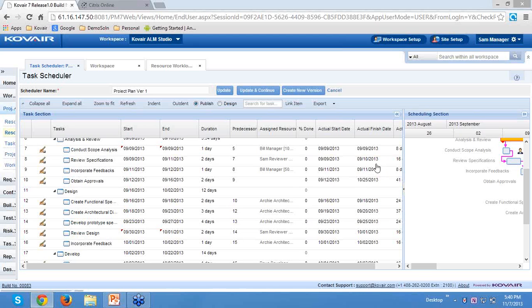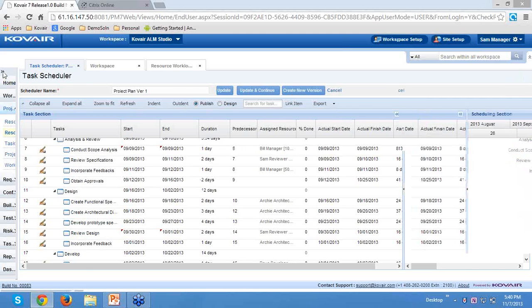With that, the actual time data gets incorporated in the plan, and whenever anything deviates in the actuals, the deviation immediately gets reflected on the plan. To baseline that, we can create a new version and preserve the earlier version accordingly. So with this, we will move into the timesheet management part.